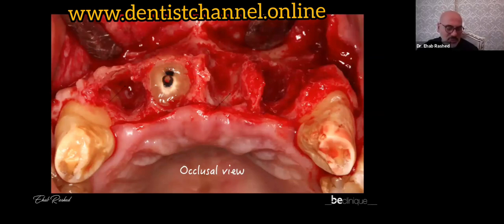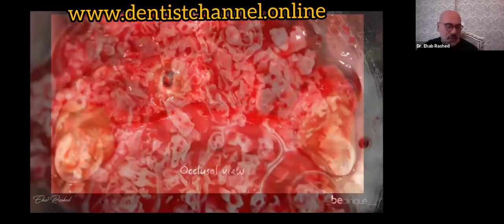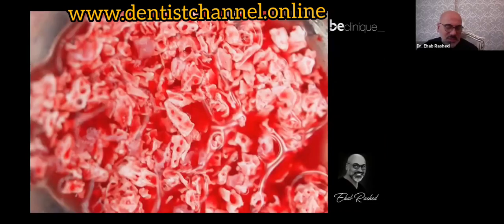So I want to maintain this tooth here because I don't want to take it out. I don't want to destroy more of the ridge. So what I'm going to do, I have to show you later what I'm going to do with this tooth. This is actually a picture that I took with my camera to show you the type of bone particles that